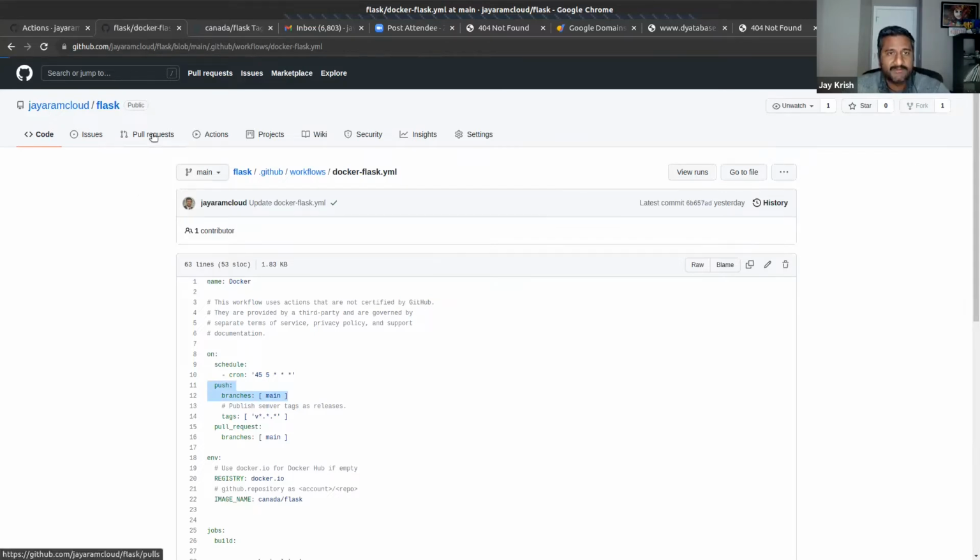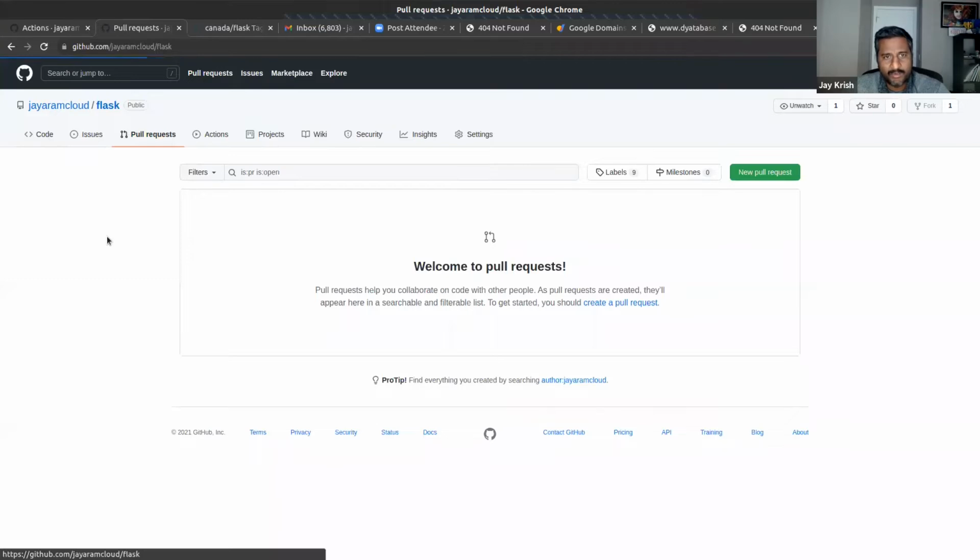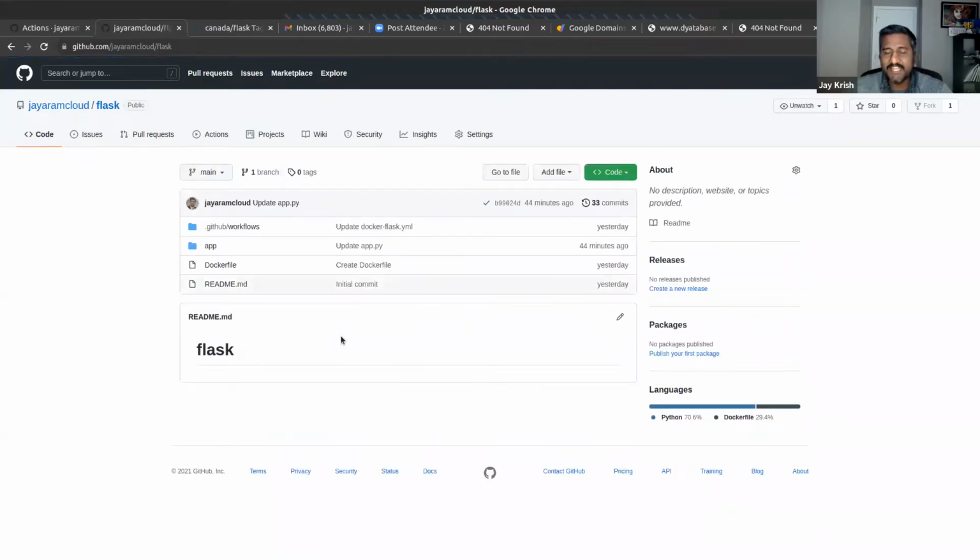So now this is my code. If I make any change, it will build, because we have configured this GitHub action: if there is any change to the main branch, take this source code, build this Docker container and upload it to the Docker registry. Okay, that's what I've configured, right?